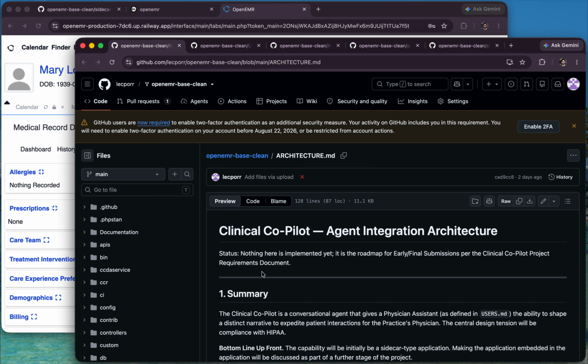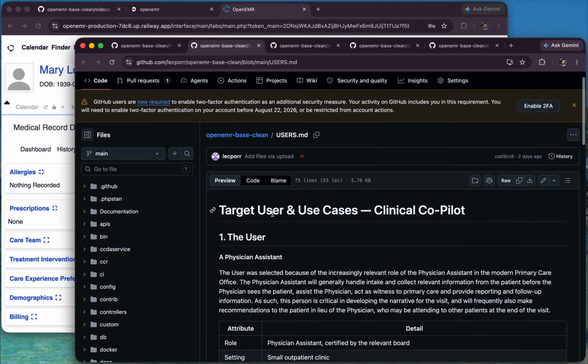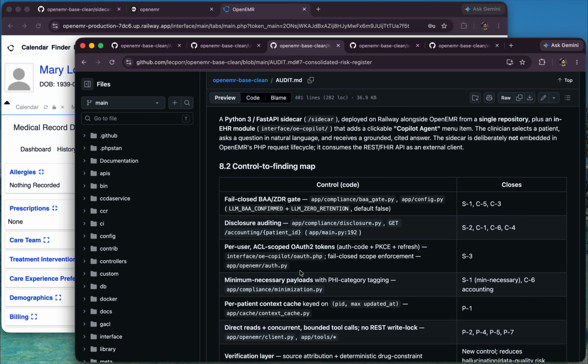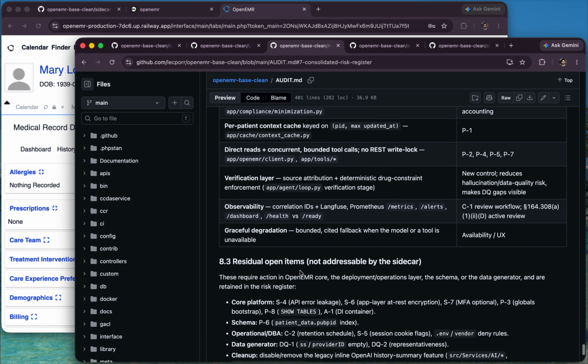So first and foremost, I've migrated the architecture MD and the users MD files from the original Docker image that I created. That was too hard to maintain, so I had to start over in another repo. Okay. I'd also like to point out that I have updated the audit MD, and if we take a look